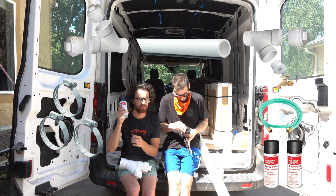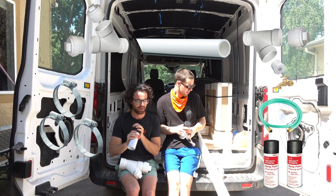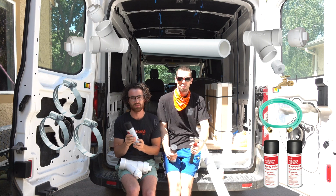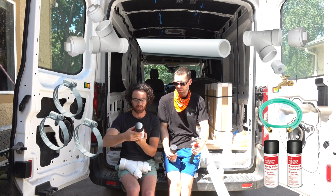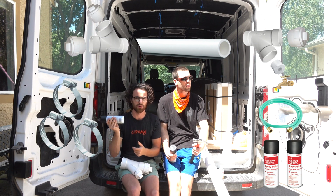If you want warmer water, paint your solar shower black so that it absorbs more heat. I'm not sure how warm I'll want it or need it, but everyone's painted it black. My roof rack is black. Black is kind of cool. So we got this matte black or flat black spray paint, and we'll do a couple of coats on the